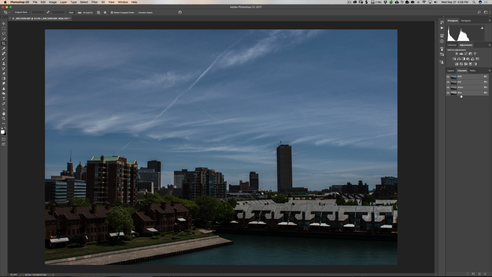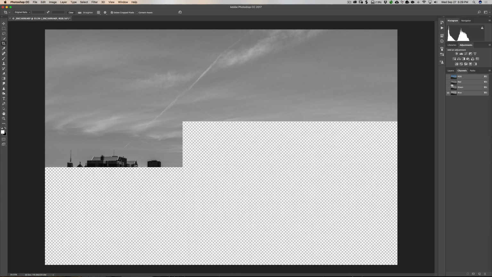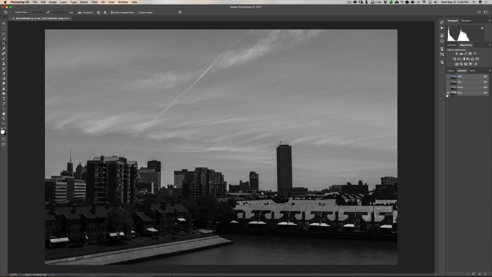and blue channels. Typically, you want to find the channel that has the most contrast, the most difference between the lighter part of the image and the darker part of the image. Usually, in my experience, that is blue, but not always, but usually it will be blue. So what you would do is you would just click on, let's say, blue. Let's check that out. So the eyeball is turned on for the blue channel, but the green and the red are off. And you can see that the sky is very bright now and the rest of the image is